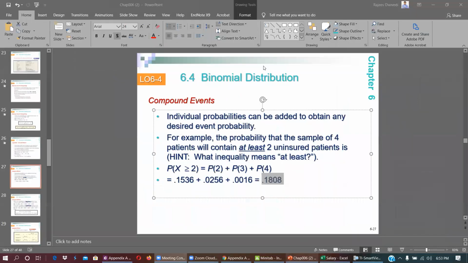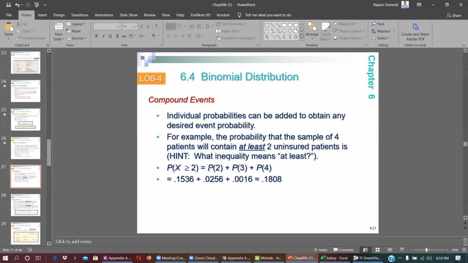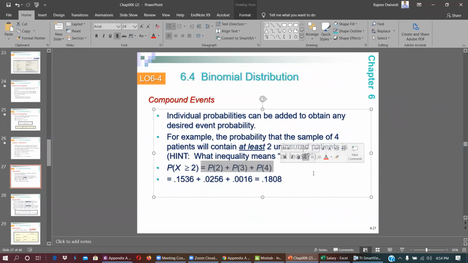I can go back to. So this is asking, if we take 4 patients, what is the probability that at least 2 will be uninsured? At least 2 means 2, 3, 4, all will be. So basically it is including probability of 2, probability of 3, probability of 4, and it all comes together